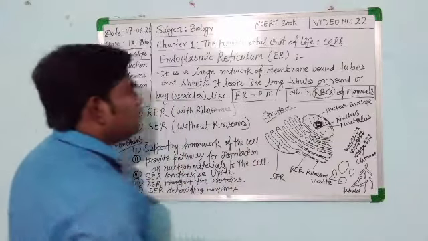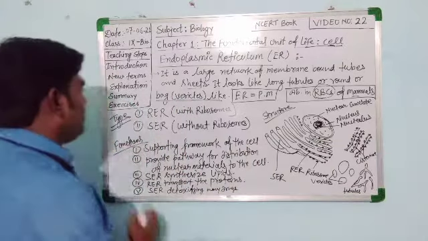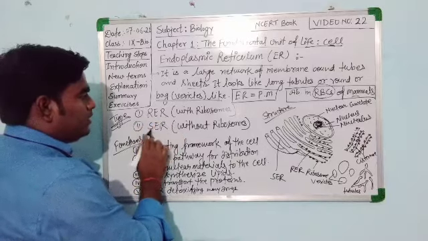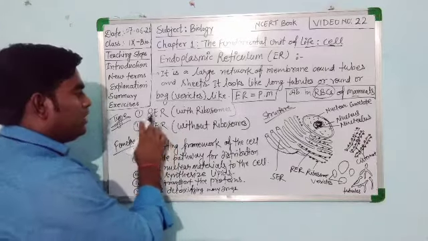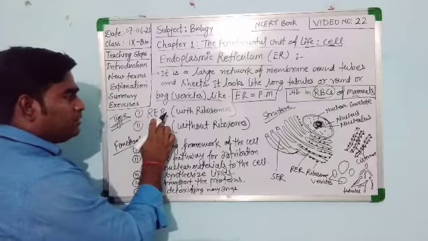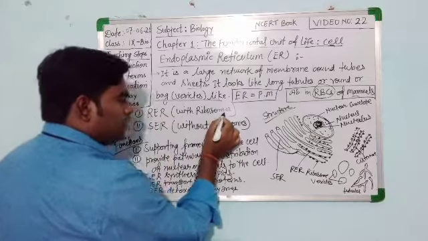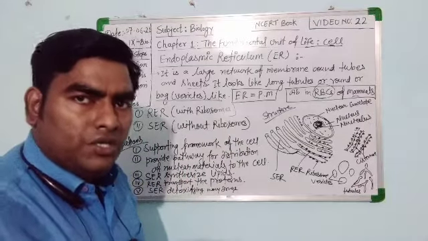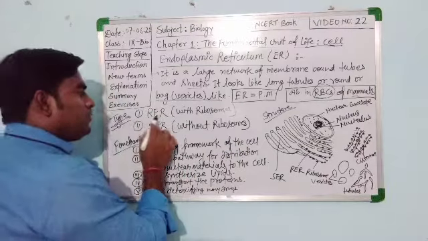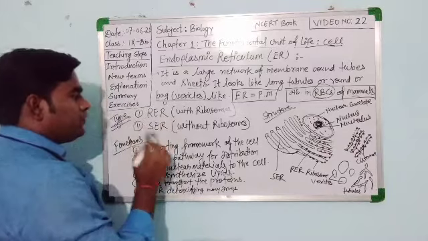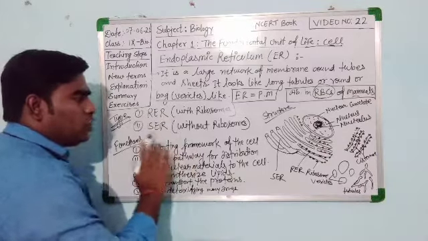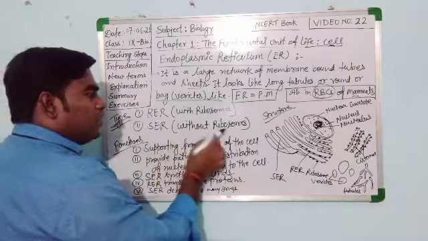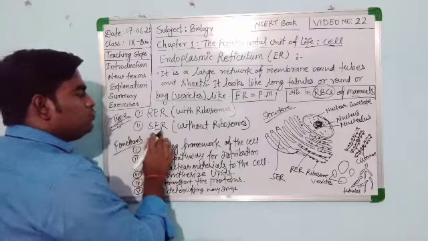This endoplasmic reticulum is of two types: rough endoplasmic reticulum and smooth endoplasmic reticulum. Rough endoplasmic reticulum means with ribosomes. If ribosomes are attached on the surface of the ER, it is rough endoplasmic reticulum. And if the ribosomes are not attached to the surface of the ER, meaning without ribosomes, it is smooth